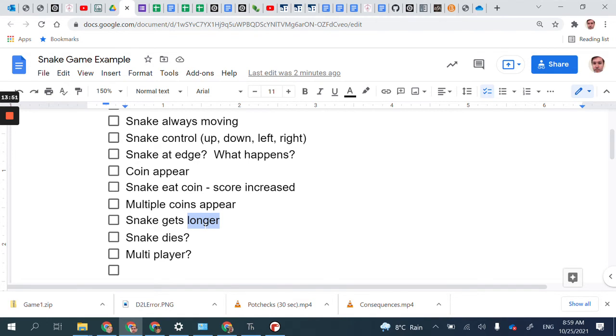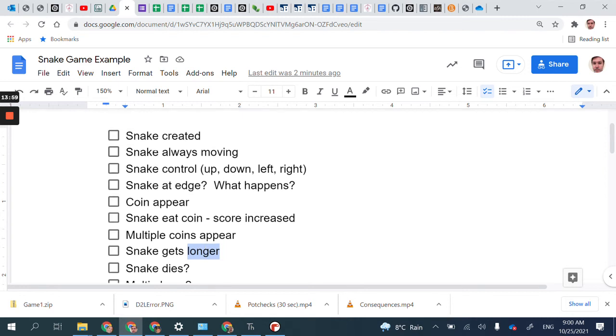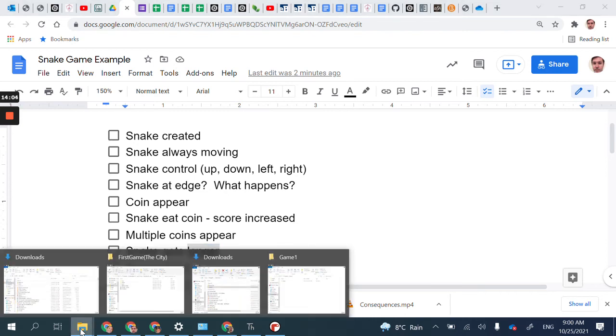And then we'd have to go through and check to see if the head has banged into any of the other parts of its snake. We'd have to go back and check on that. So to start with, snake created. I have, just in Paint, created a little